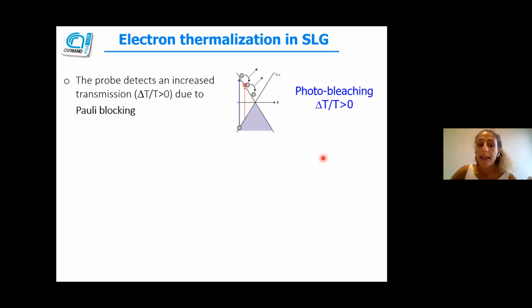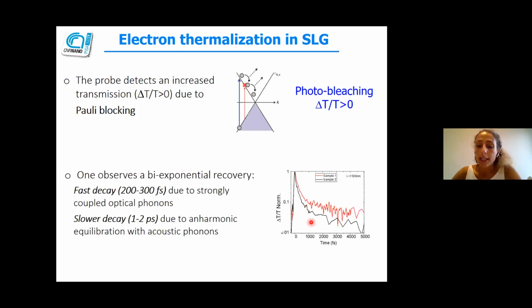The probe detects the presence of a hot carrier distribution as an increase in the transmission, so a photobleaching signal. This is due to the fact that the photoexcited carriers are blocking the absorption via Pauli blocking mechanism. The relaxation dynamics of the photobleaching is usually a